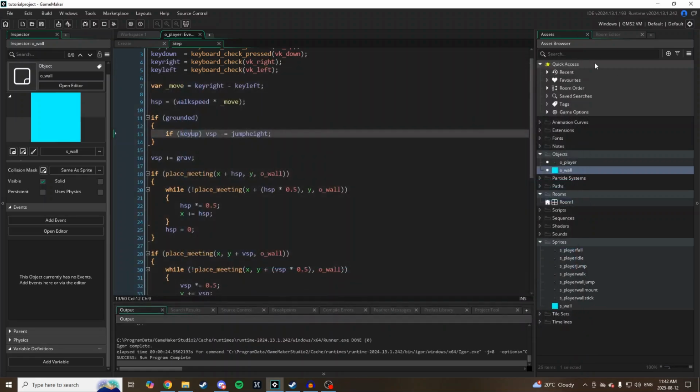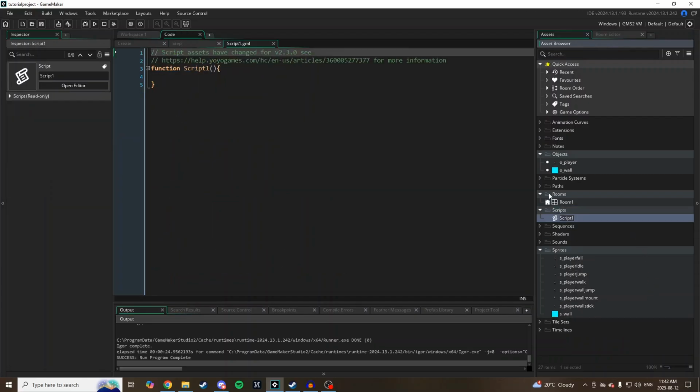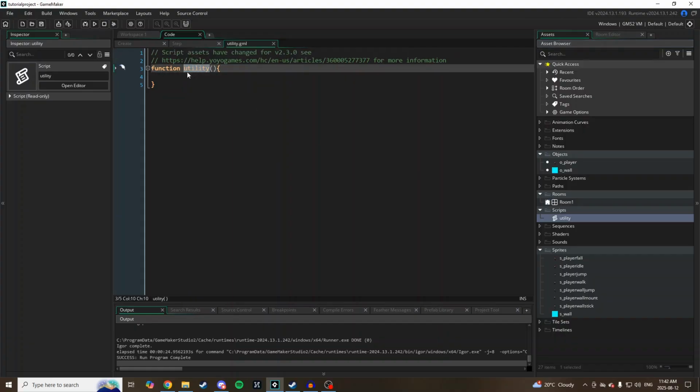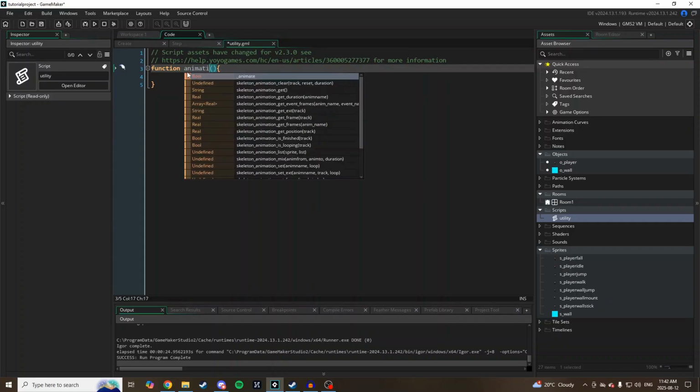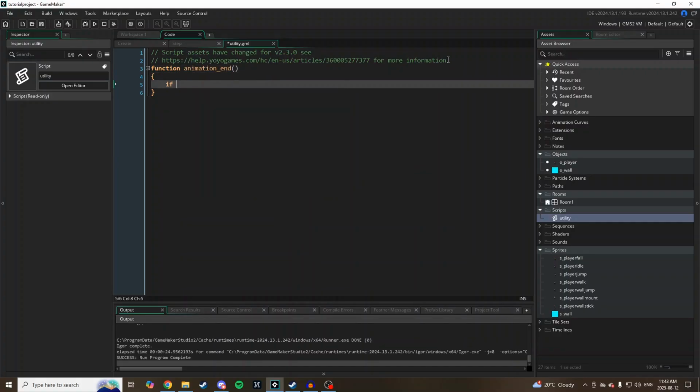So the first thing I'm going to do is create a new script for animation end. I'm going to go script, and call this utility because I'm going to be using it for just utility scripts, and function animation_end. And I'm going to say if image_index is greater than or equal to image_number minus 1, return true,